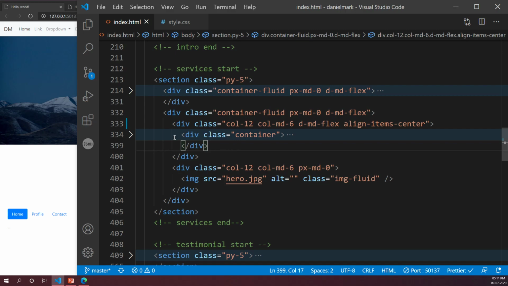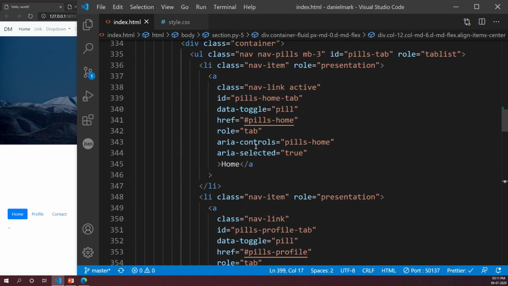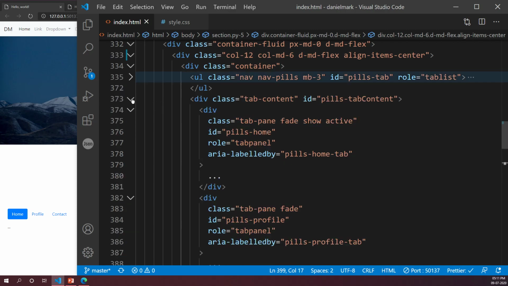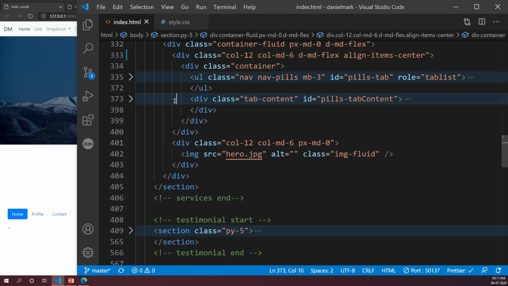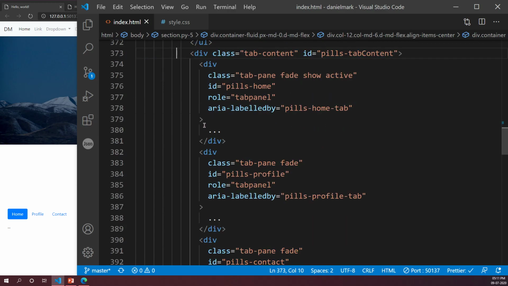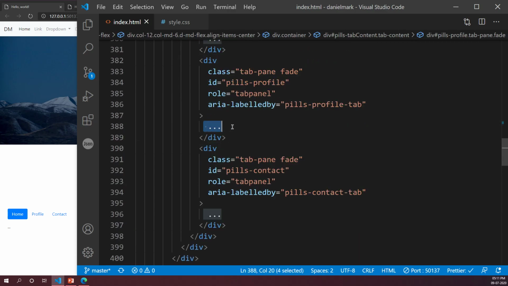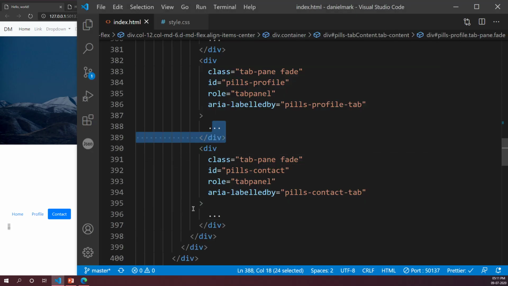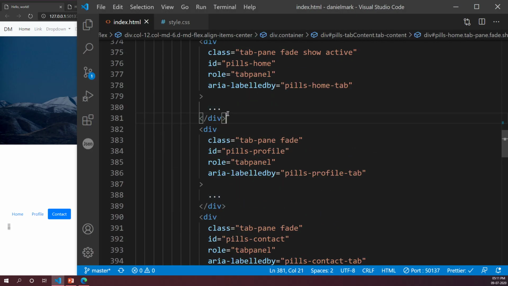Done? Now what I want you to do is open up this little container and I'll collapse this little UL here, and if you look over here there's tab content, right? If you look, you see these three dots. This is basically the content inside all of these tabs. So every time you click on one of these links, this content that you see here is what you see over here, as three dots. So I'm going to replace these three dots with some paragraphs.